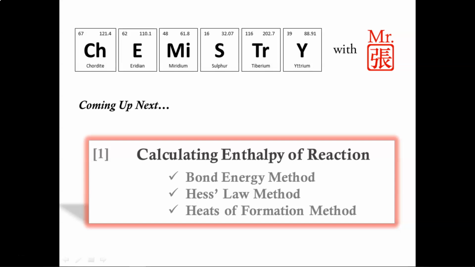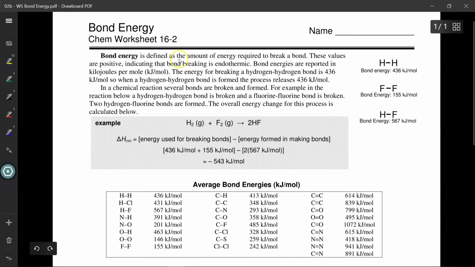In this video tutorial, we will be calculating enthalpy of reaction using the bond energy method, Hess's Law method, and heats of formation method. So the first method we'll be looking at is called the bond energy method. It's not a super accurate method in comparison to the other two, but it does a pretty good job of giving you a rough estimate in terms of magnitude and also in terms of whether the reaction is exothermic or endothermic. With this method, you will have to first write out the chemical equation, don't forget to balance it, and